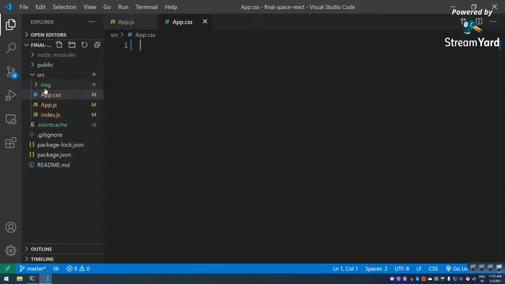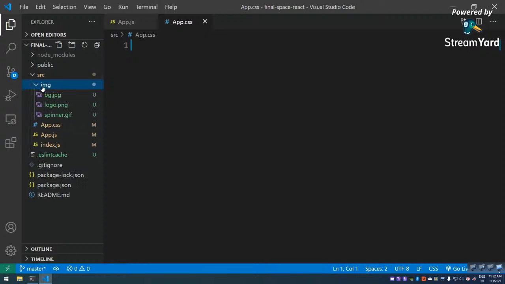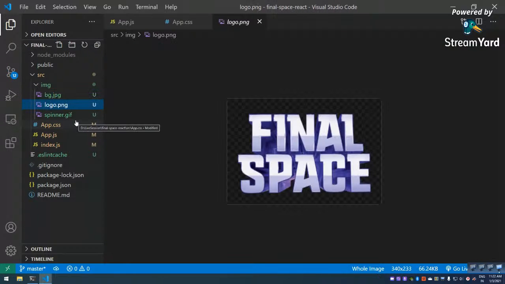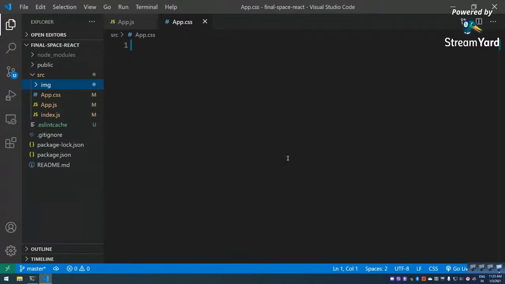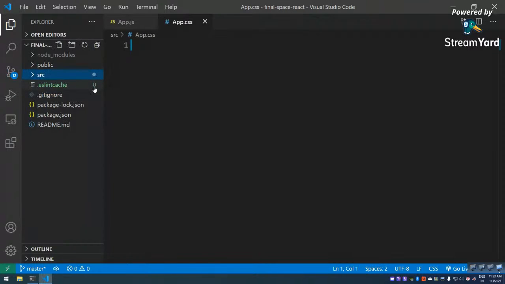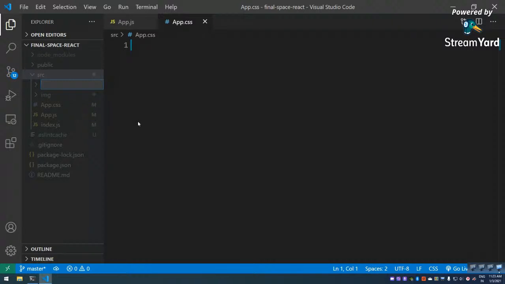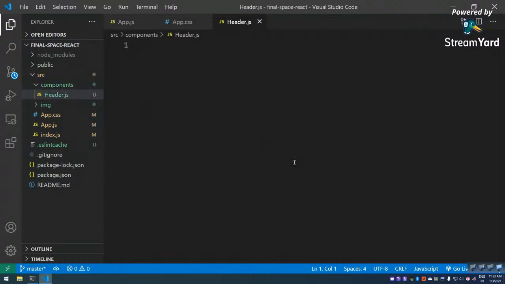Okay, so now I have this src, this img folder which has all these images: background is there, logo is there, and the spinner is there. So all these things it has. Okay, so now as usual in the src I will create a components folder, and inside that I will create a header.js file. Okay, and in this header.js it will be RAFCE,